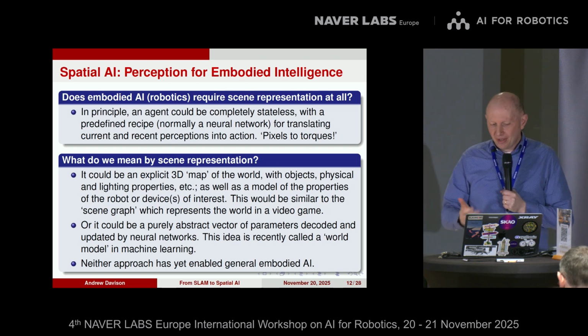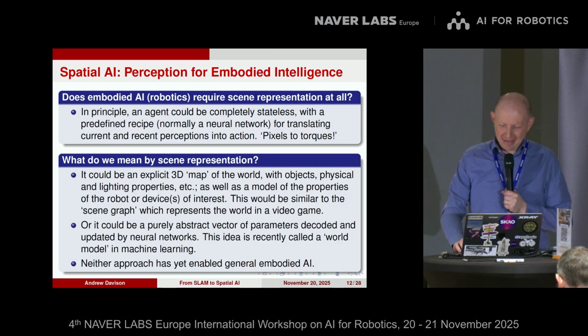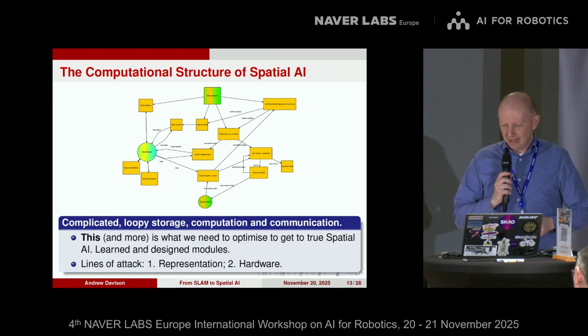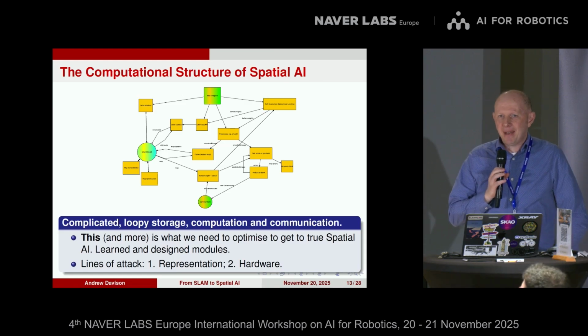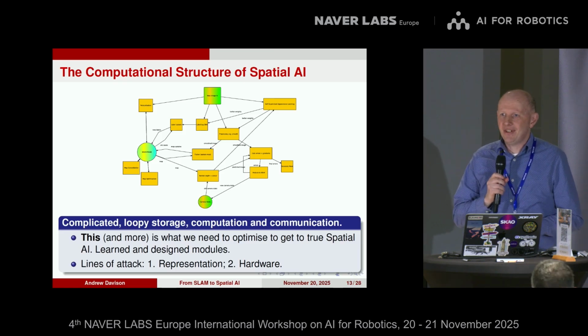But anyway, this is ongoing research, and neither of these work yet. None of us know how to really do general embodied AI. So I think there's going to be plenty of interesting research. So something that I'm really interested in, independent of exactly what that representation is, is what I would call the computational